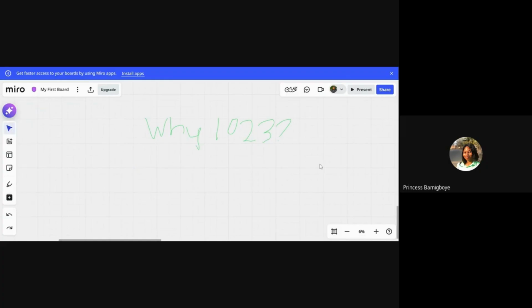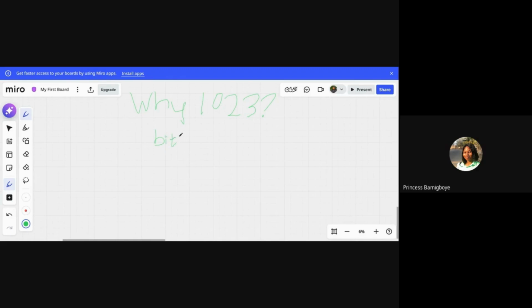When we were in school, in our basic computer science, when we're in primary school, what we're taught is that a bit is the smallest representation of data that we can have in a computer system, right?